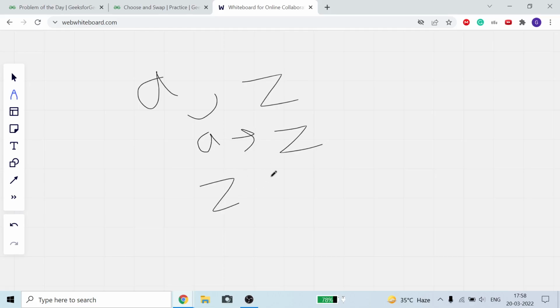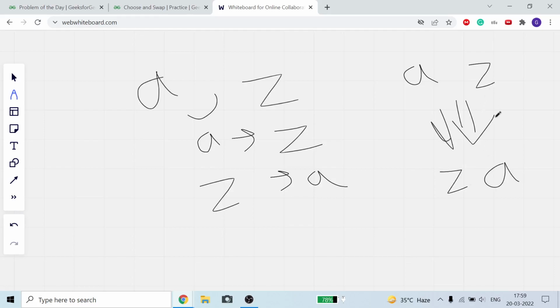each other. Like suppose the first character is Z, first is A and second is Z. Then in our string where A comes, we will change that particular position to Z, and where Z comes, we will change it to A. Okay, like if suppose this is our string a z, after changing, this will look like z a. Both will swap each other's position.